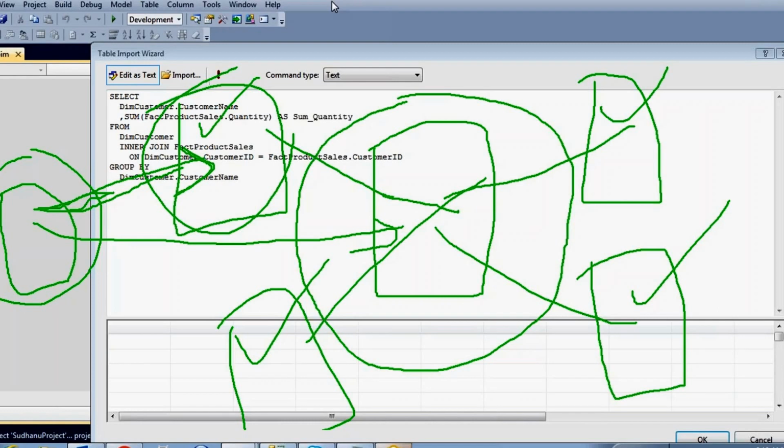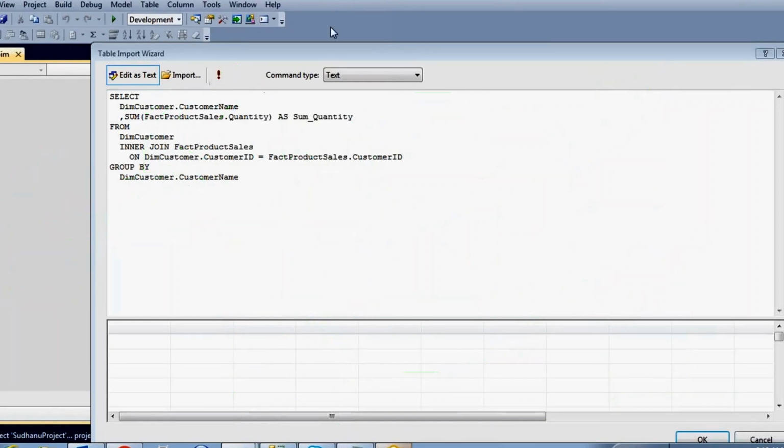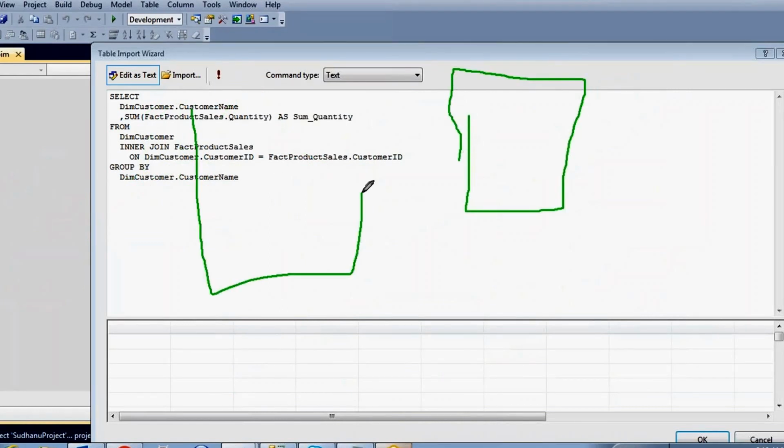So then why are people not maintaining a direct relationship with the fact table? You can maintain the direct relationship with the fact table, right? The reason is redundancy. What do you mean by redundancy? It's duplication. For example, I have a product table, and I have a subcategory table, and I have a category table.